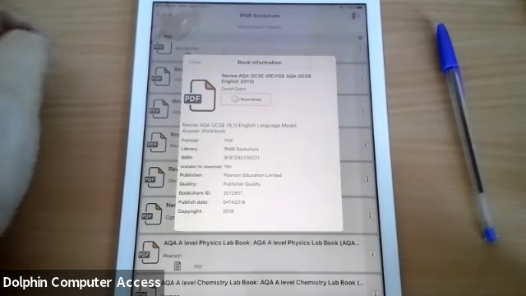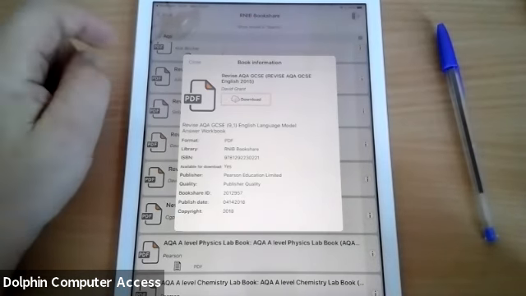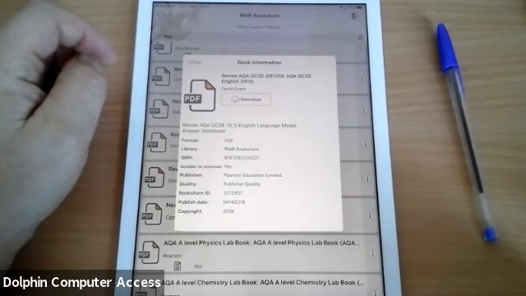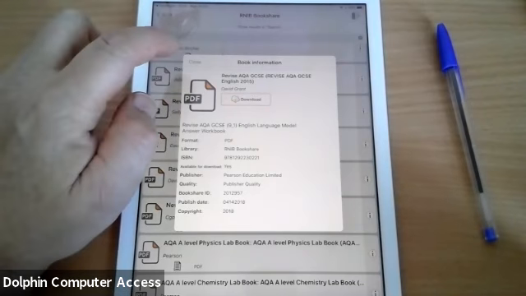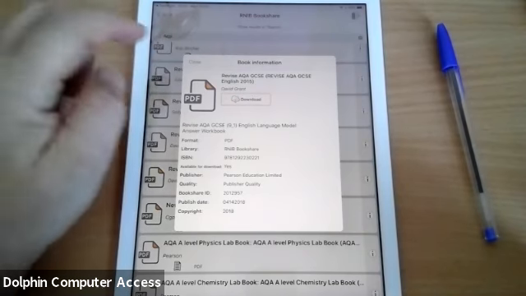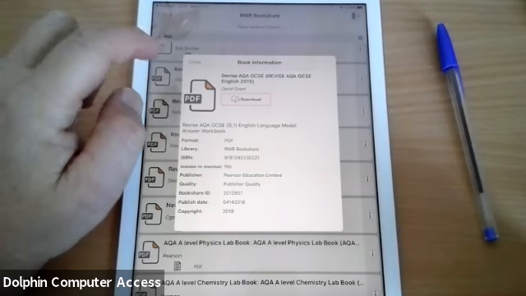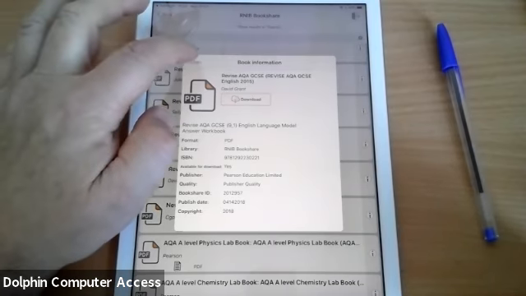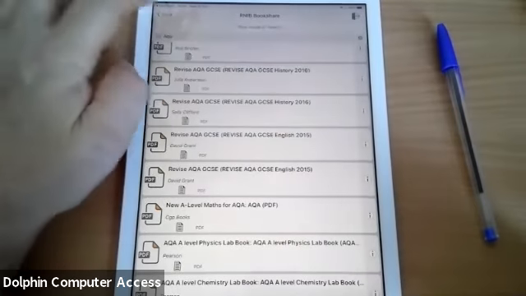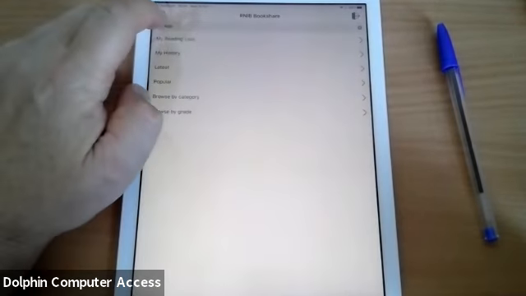And you can see there's the download. If I touch the download it will come in. I won't do it because it's a PDF and they can be quite large, and having done that, the download button will turn into a play button when it actually comes in. I'm just going to close that, and I'm going to go back,